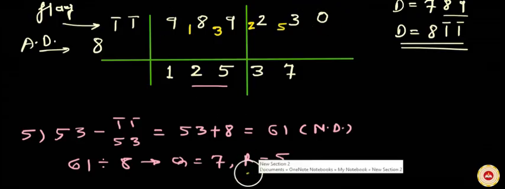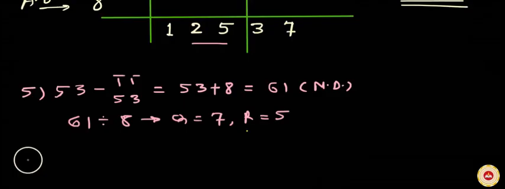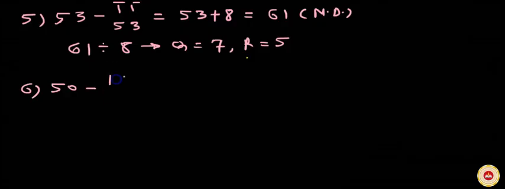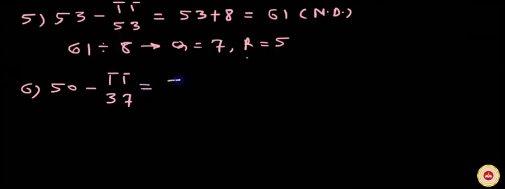Now let us write remainder 5 as a prefix to the last digit of the dividend, which is 0, which has just been written by us. So we have written remainder 5 as a prefix to the next digit in the dividend, which is 0. Now read this as 50. 50 is the gross dividend. So step number 6 is 50 minus the cross product of the two flag digits and the last two quotient digits. What are the last two quotient digits? 3 and 7.